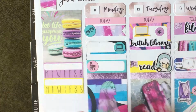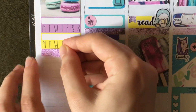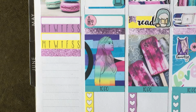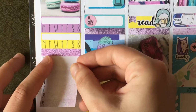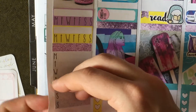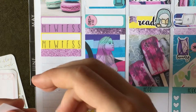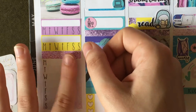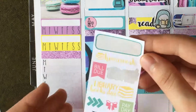And then I'm going to put one of these purple glitter headers. And I'm going to put the weekly ombre that comes with the kit. Which is kind of like, I don't know, it reminds me of like a mermaid glitter. It's like that kind of vibes. And it is crooked. Okay. That's better. Okay, and then for that, I could just leave the glitter header, but I had this sticker, which